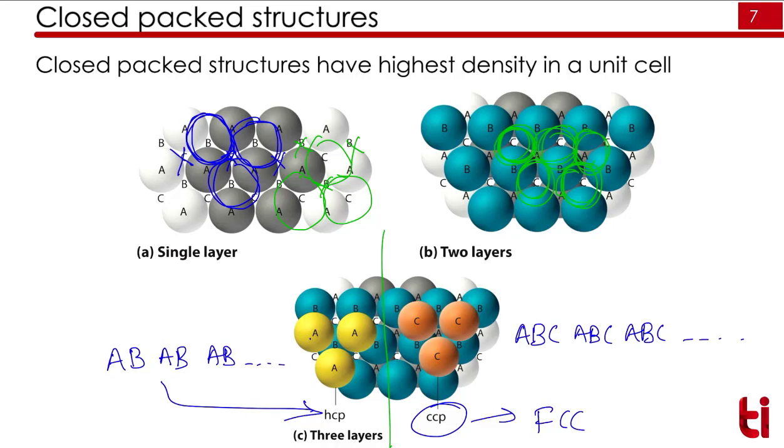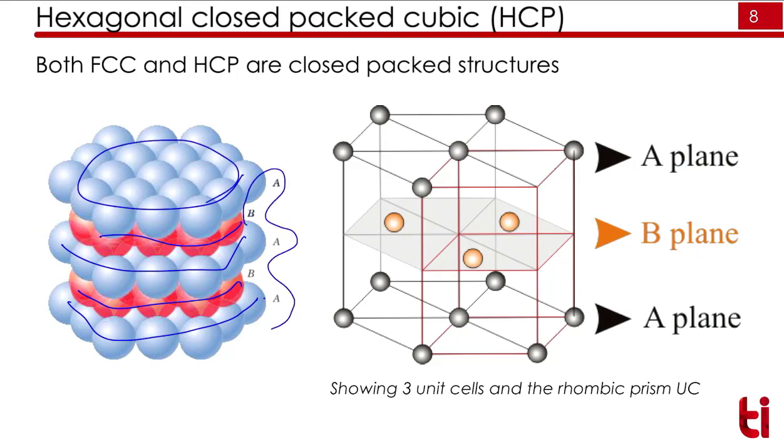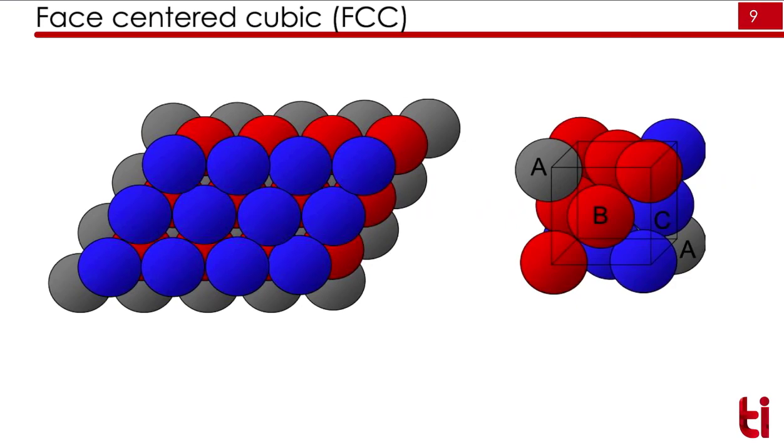Now we will see the face centered cubic structure and HCP structure. So as I said in the last slide, we have A layer here, again we have B layer, again A layer, B layer, A layer. So the sequence is like AB, AB, AB and so on. So this forms the HCP structure. Here the A plane is shown separately for clarity. A plane is here, again B plane is here, and again A plane on top of that. This will form the hexagonal structure. If you put ABC, ABC, ABC layers, you will form the FCC or CCP structure.